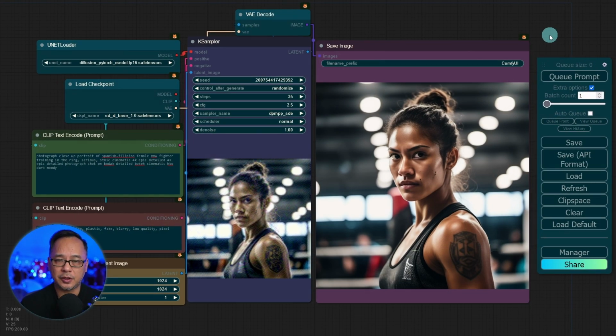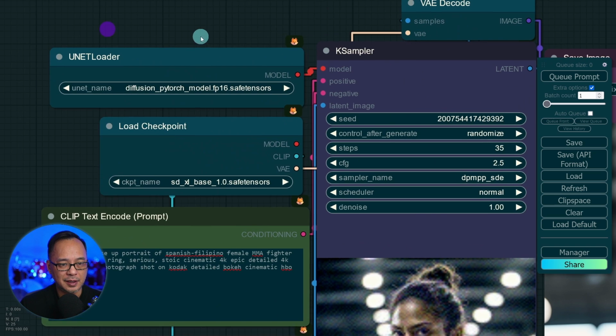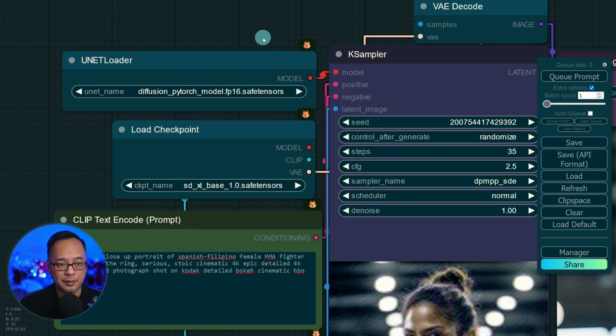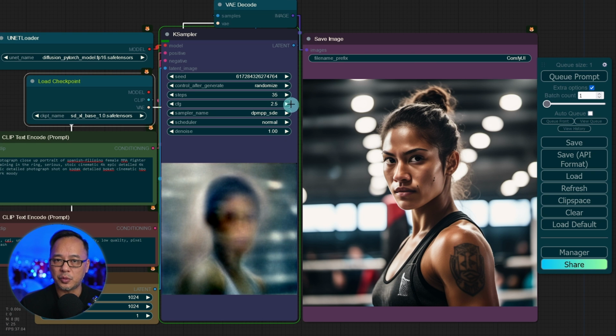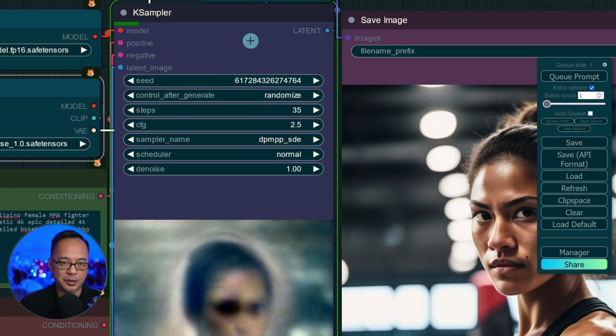But today I wanted to go over a very simple workflow on how you can run Playground V2 locally on ComfyUI. The workflow you see here is just the default one. I've just put some colors onto it. But what's different here is that you'll see a unit loader. And basically we load the weights here. And we used the standard checkpoint node here for the clip and VAE, where the model comes from the unit loader. I'm going to run this, and the time to run it is just like SDXL, so depending on your